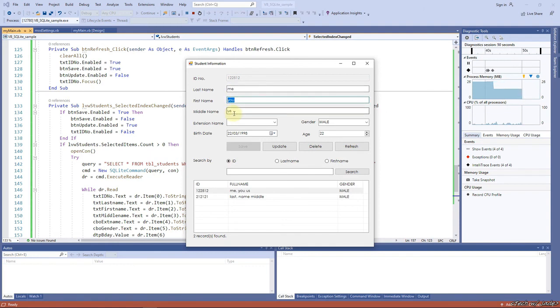You, me, you, and I. Okay, if you notice, as I click this one, the save button is automatically disabled. And also the ID number, so that you cannot change or edit it. So let's change us into I. So update. Okay, so as you can see, it already updated,